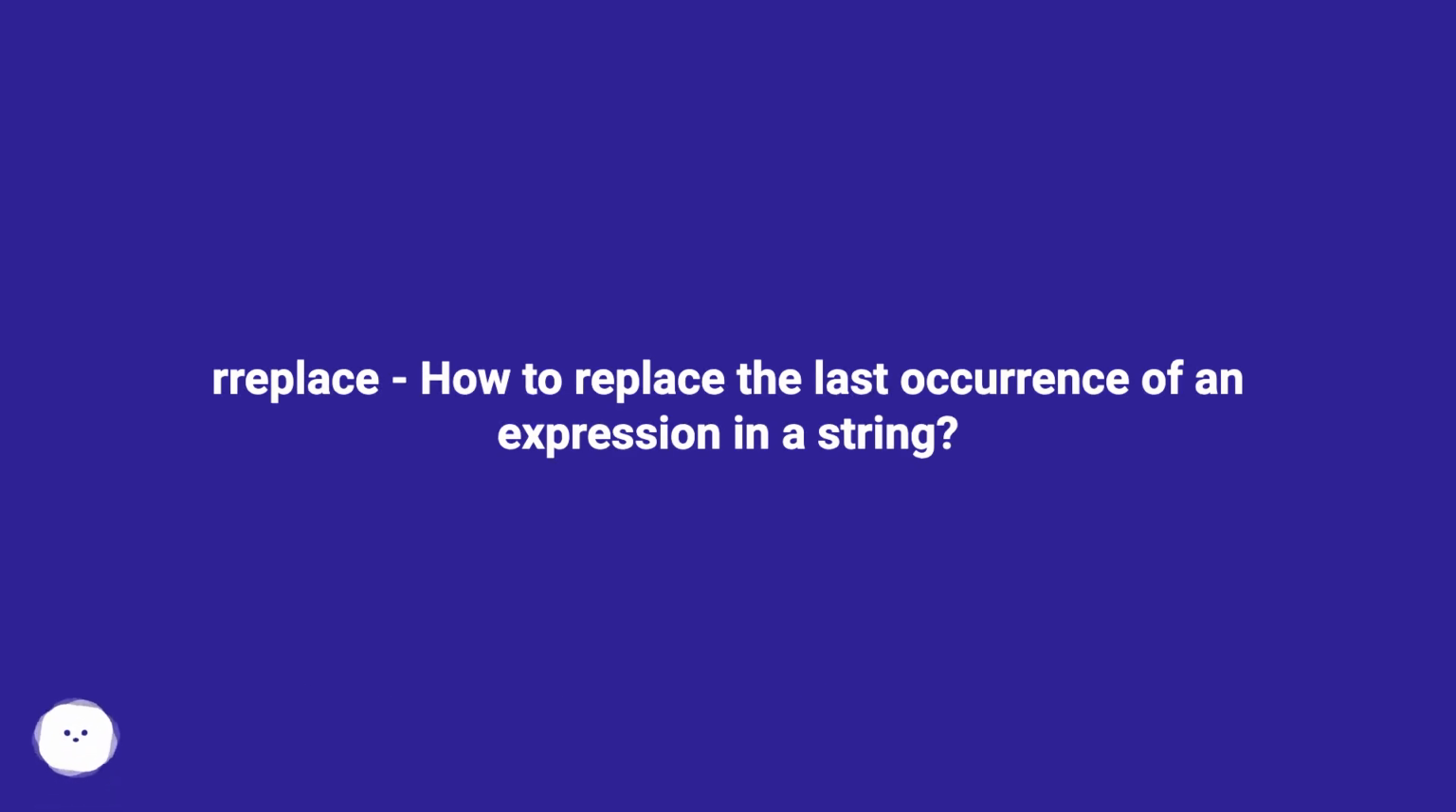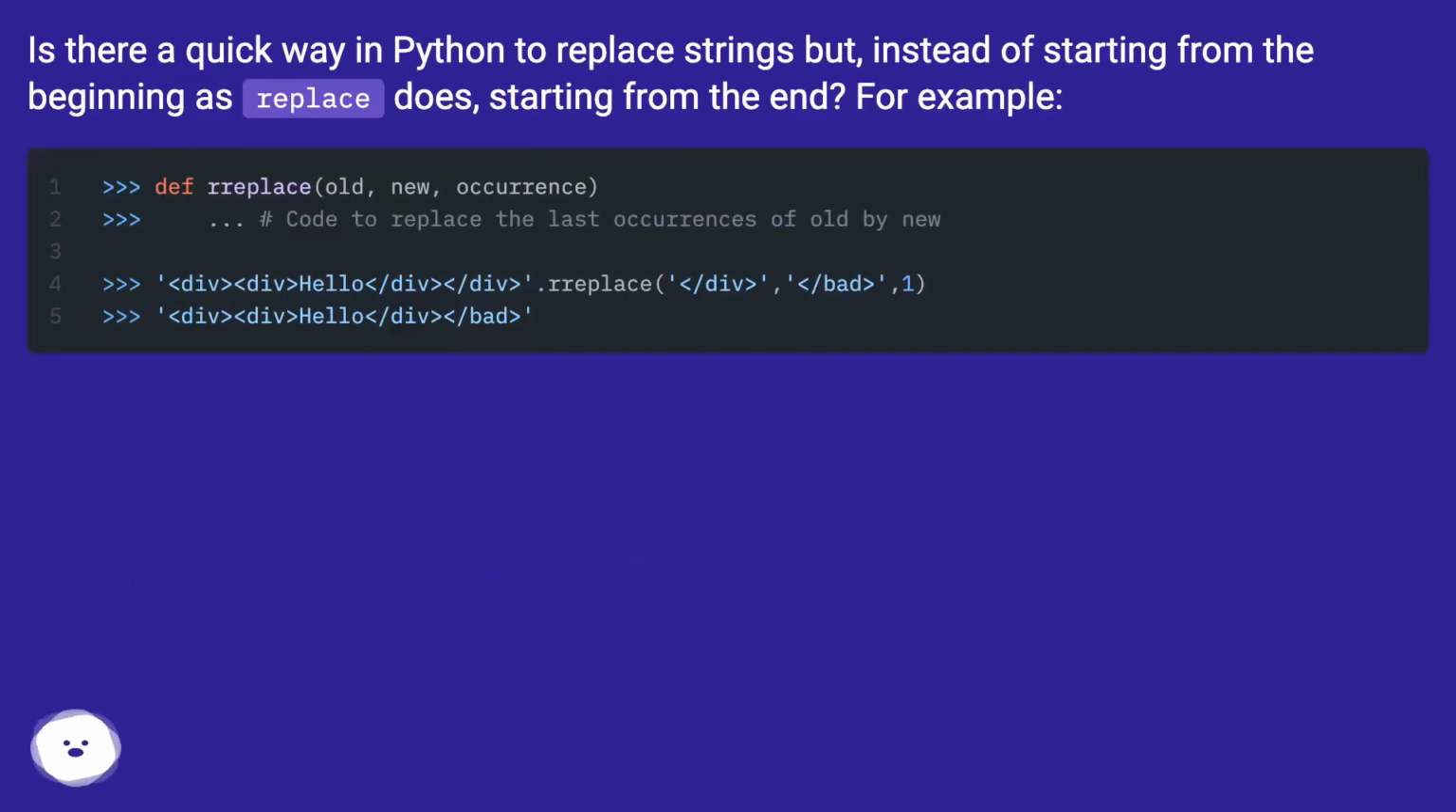How to replace the last occurrence of an expression in a string. Is there a quick way in Python to replace strings, but, instead of starting from the beginning as replace does, starting from the end? For example,